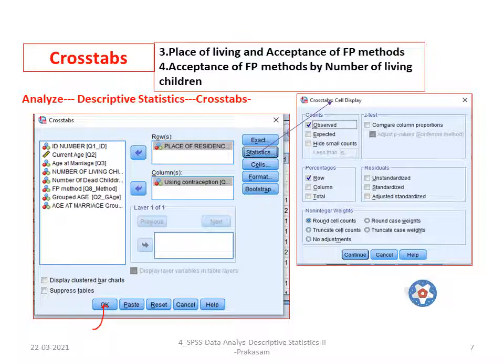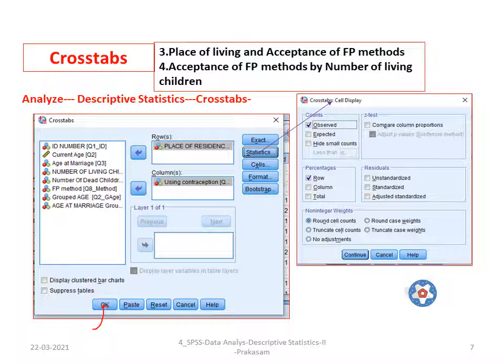Then when you click cells, you can choose the percentages. Looking at the cross tabulation display, it has the counts observed, expected and hide, and down below you will have the percentages, that is row percentage, column percentage, total percentage, residuals and other values. Whatever you click, it will give the answer for that.